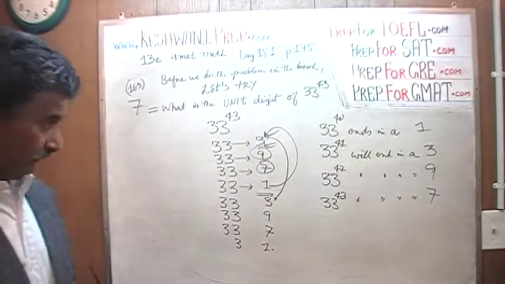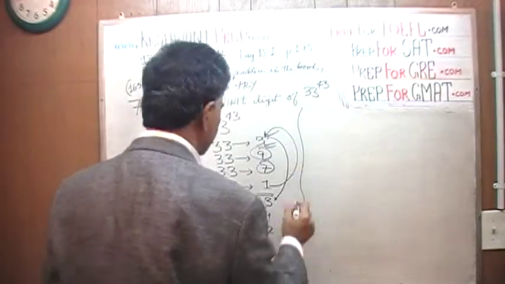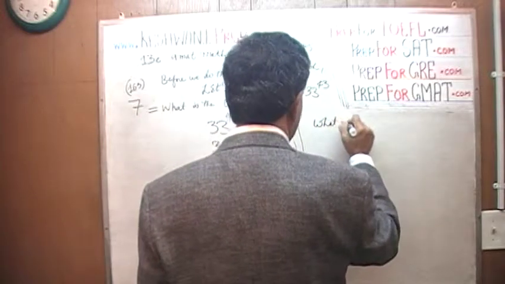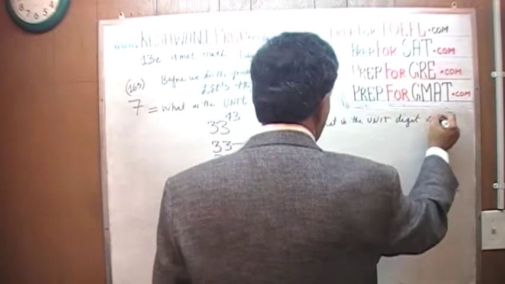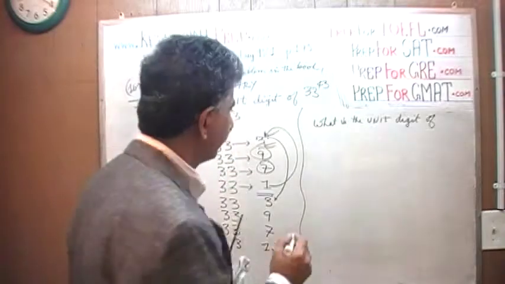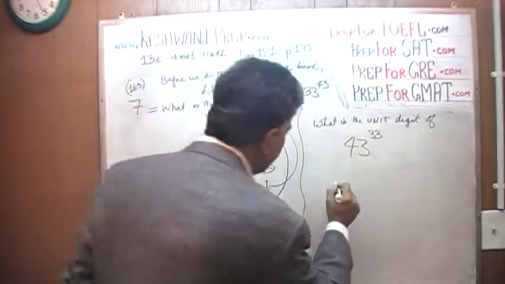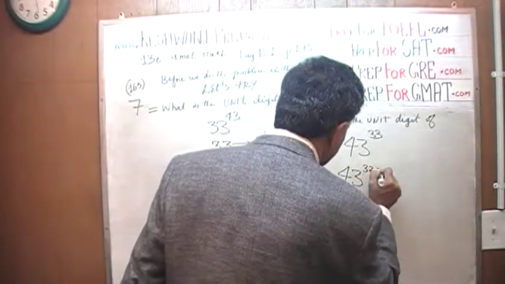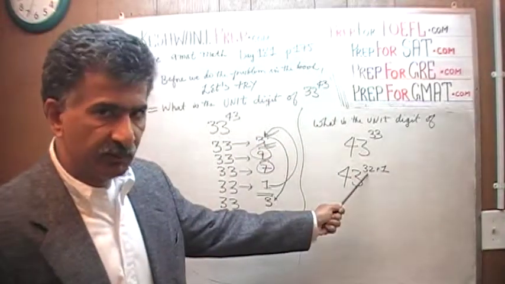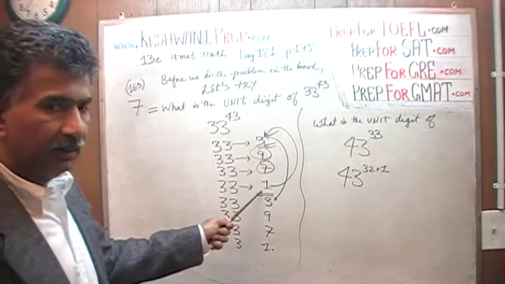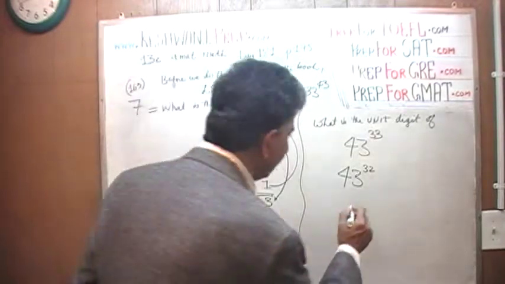Let's do one more problem, shall we? The new question is, what is the unit digit of 43 raised to 33? 43 raised to 33 is simply 43 raised to 32 plus 1, which means we have 8 complete cycles, because 32 is divisible by 4. In other words, 43 raised to 32 will end